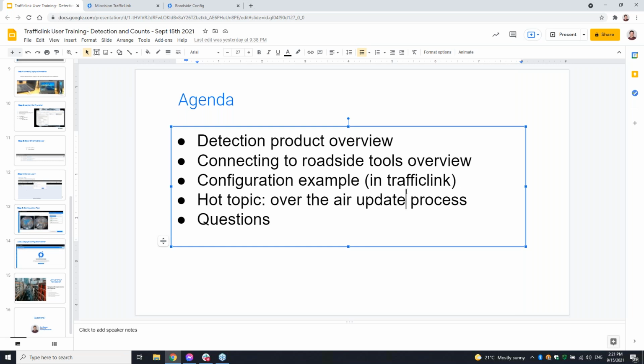We follow this process and we monitor it very closely. Out of 1,000 intersections that we would update over a 24-hour period, there is the odd one. Sometimes we see one device that didn't actually make the update and it reverted back to the old firmware. Then we would just go manually push it and get it updated. For whatever reason it didn't, we'll log that and make sure it doesn't happen again.